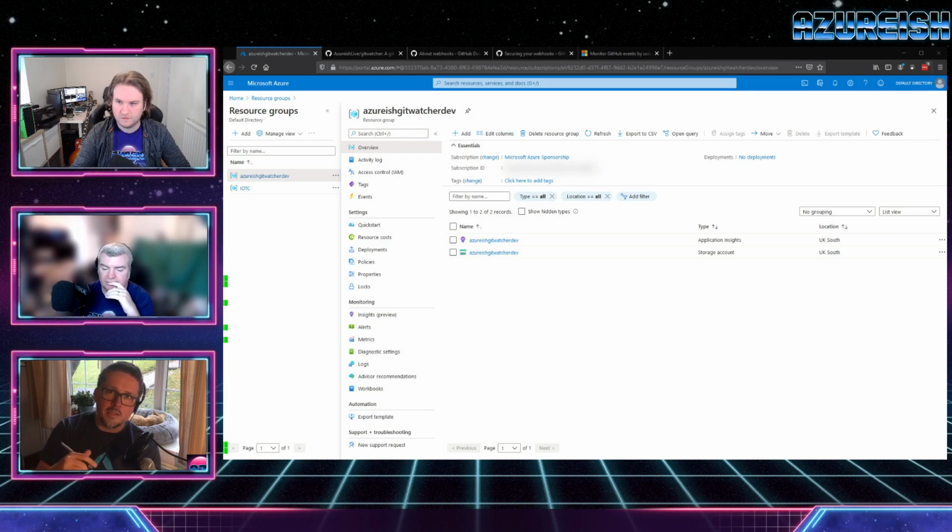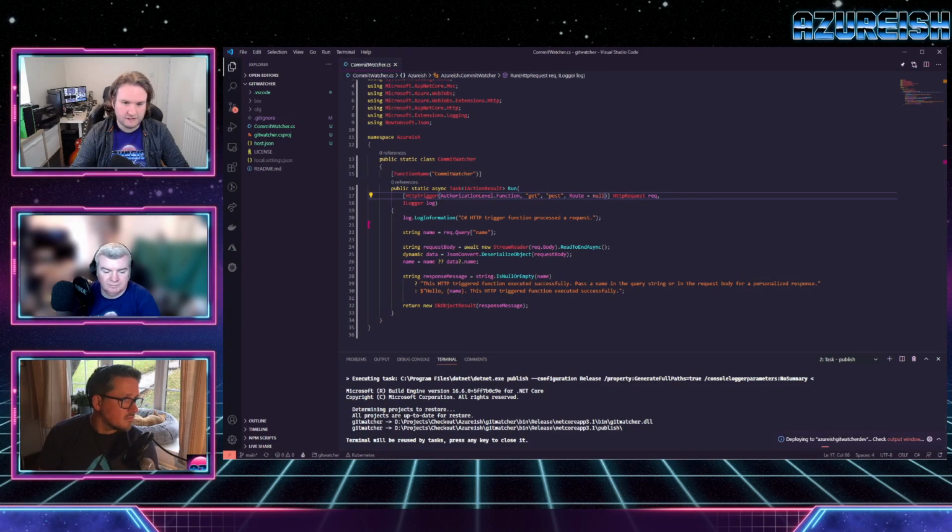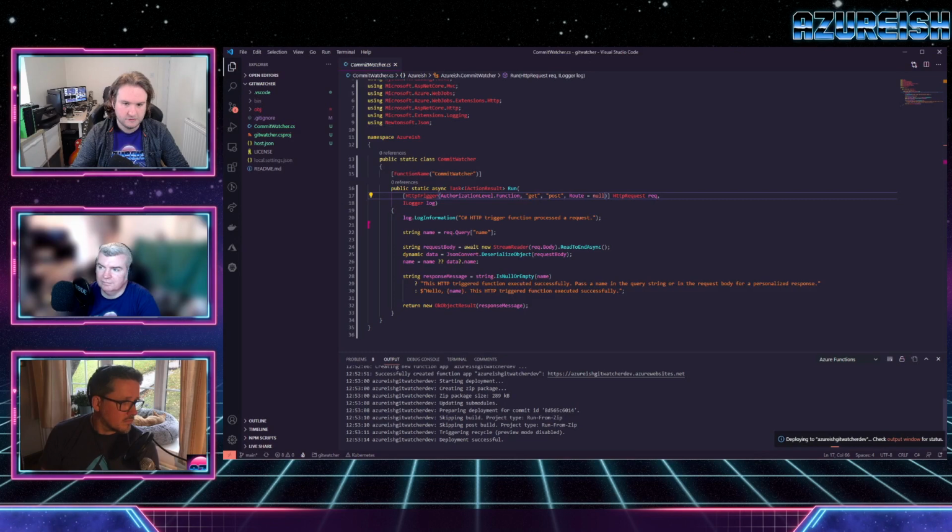Visual Studio Code extensions have made it so quick to push to a function, but especially where there may be costs involved in the future, it's still worth doing a bit of homework yourself to understand what's being created in your name. For sure, yeah. Let's just drop back to code. So that's still deploying at the moment. Sure. The output window for status. Deployment is successful, and now it's syncing all the triggers. Ooh.